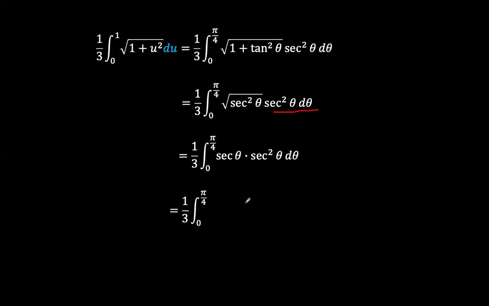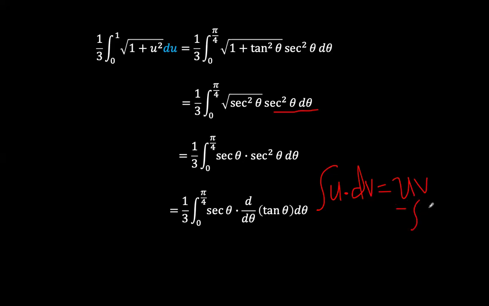Now, sec squared theta can be expressed as the derivative of tangent of theta, and we can now use integration by parts, where if we have a product of capital U, dV, the integral of that is UV minus the integral of V dU. And so if our u is sec theta and our v is tan theta, uv is going to be equal to,